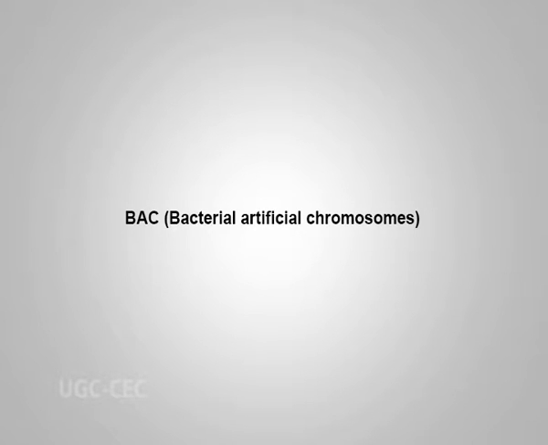Apart from the YAC, we have the BAC, the bacterial artificial chromosome, a cloning system derived from a particular plasmid found in the bacterium E. coli. The use of the BAC allows large pieces of deoxyribonucleic acid from bacteria or non-bacterial sources to be expressed in E. coli. Repeated expression of the foreign DNA produces many copies in the bacterial cells, providing enough material for analysis of the sequence of the DNA. BACs proved useful in the sequencing of the human genome.